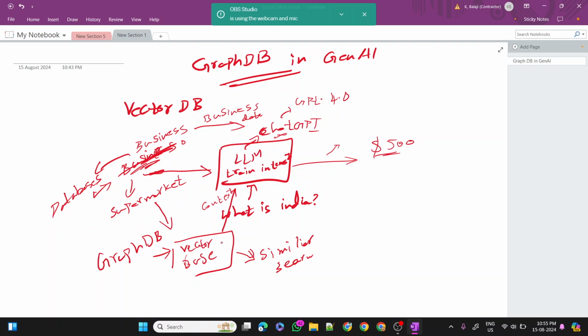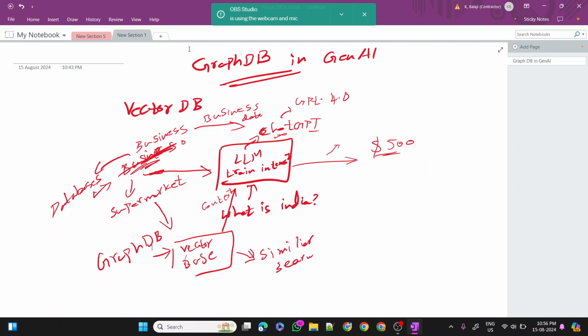But in GraphDB it will store the data graphically, and it will relate the data depending upon some relationship. Today we are going to see in depth about this GraphDB, how it works, and